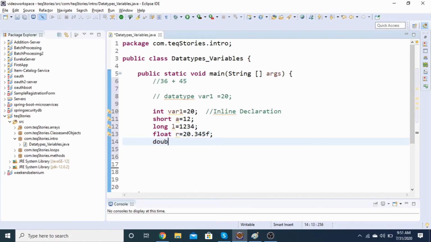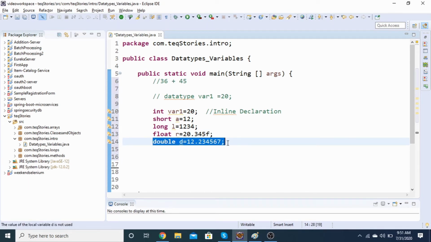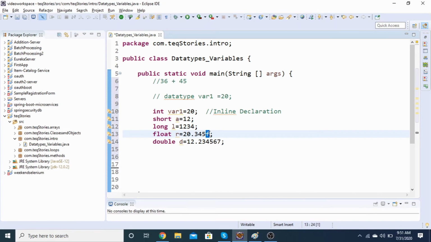Similarly, if you will be going for double, let's say double, I will represent it with a d. So I can give any decimal values, that is up to me, but this does not require any alphabet at the end like here. The reason is pretty simple, because by default the compilers of Java want to store any decimal value into double. So if you specifically want to store any data into float, you will have to mention an f. Otherwise automatically that data will go into double.